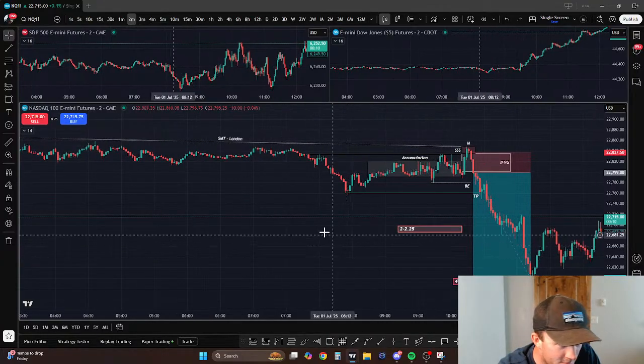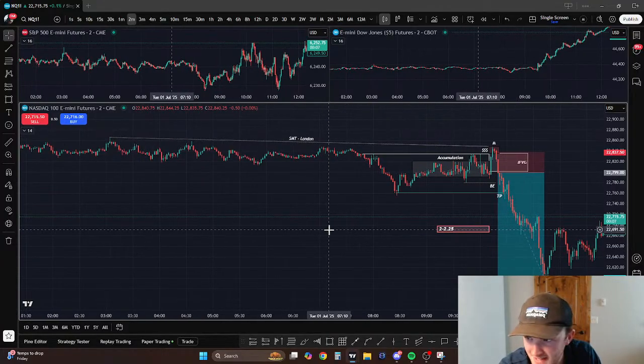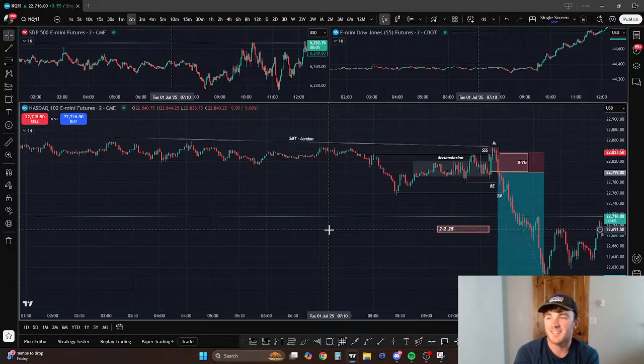Okay. Well, ICT is how the markets move. And whether you want to call it ICT, I don't even really call it ICT. I don't like labeling the way I trade after ICT that much, because at the end of the day, ICT doesn't own these. He might say that he owns all these concepts, but anything that's a smart money concept is just a smart money concept. I feel like ICT saying he owns everything about smart money concepts is a little ridiculous. But what I'm trying to say is,